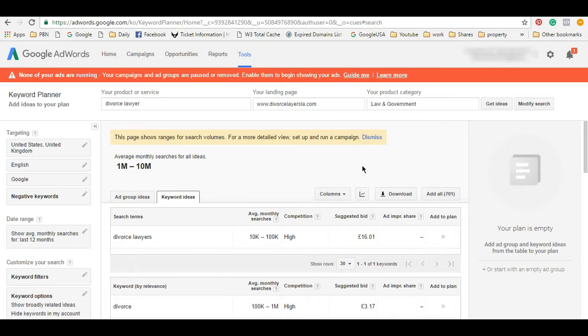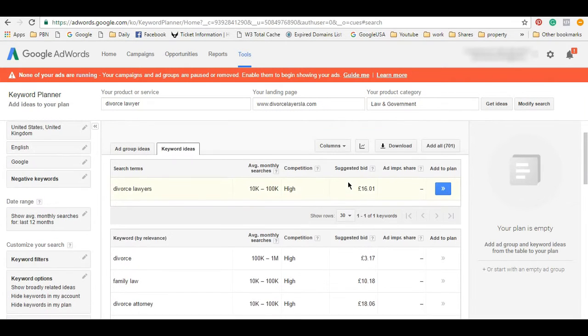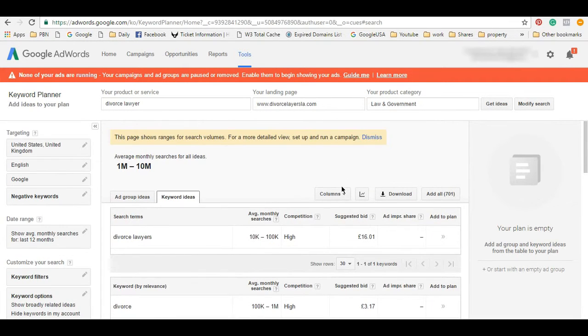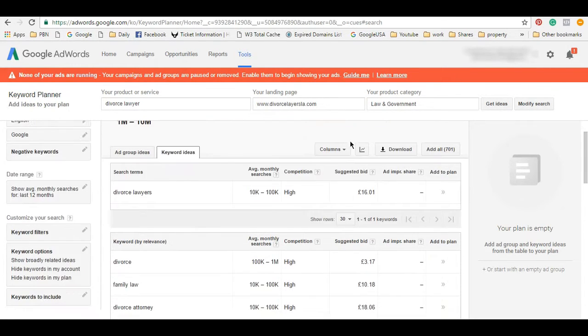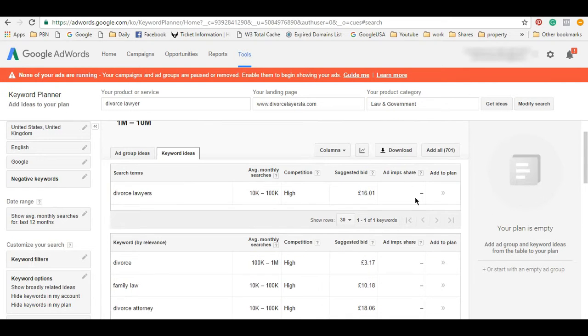Now, just a word of warning here: if you're going to buy some software that's going to give you this information, generally they'll pull the API from Google AdWords. So quite often, unless you've got a paying account, you aren't going to get that information. And I'll tell you why. I've got Market Samurai, and Market Samurai now is not showing exact figures at the moment. I'm not dissing Market Samurai, because they may be able to fix that, but all I can speak from is personal experience at the moment. On my Market Samurai, it's not working. It's doing the same thing as this, but this is a free tool, Google AdWords, and as you can see, it still gives you a good idea.